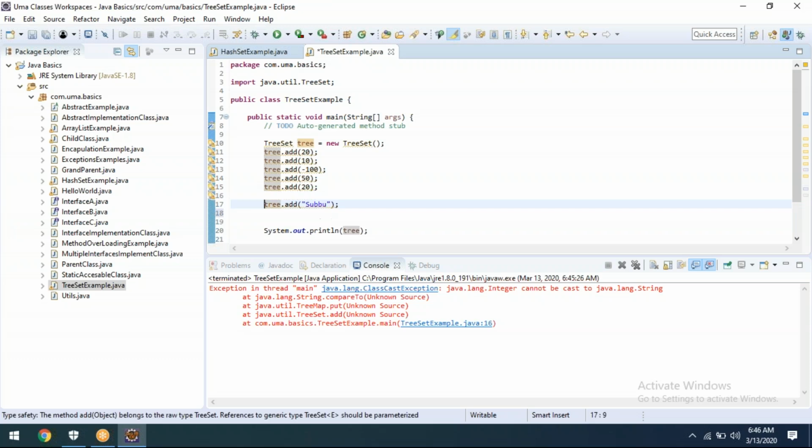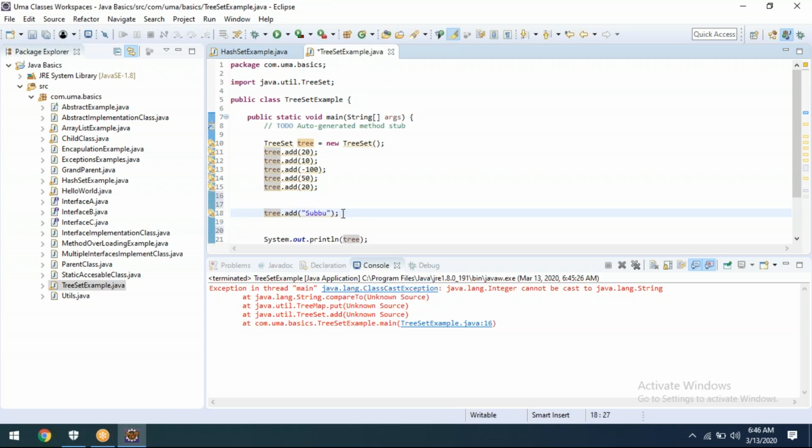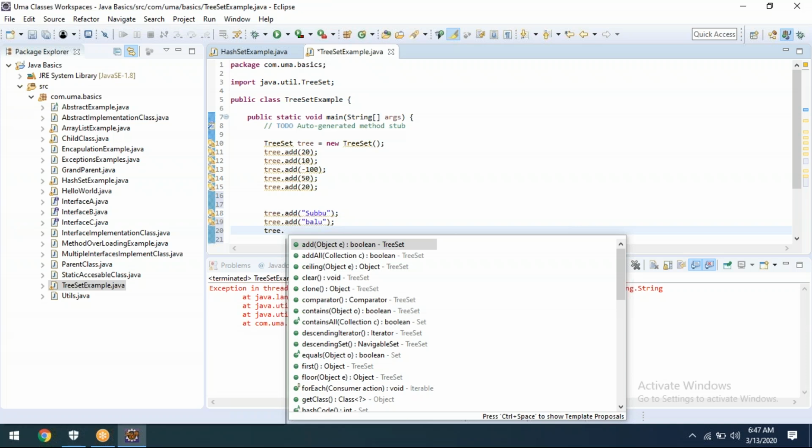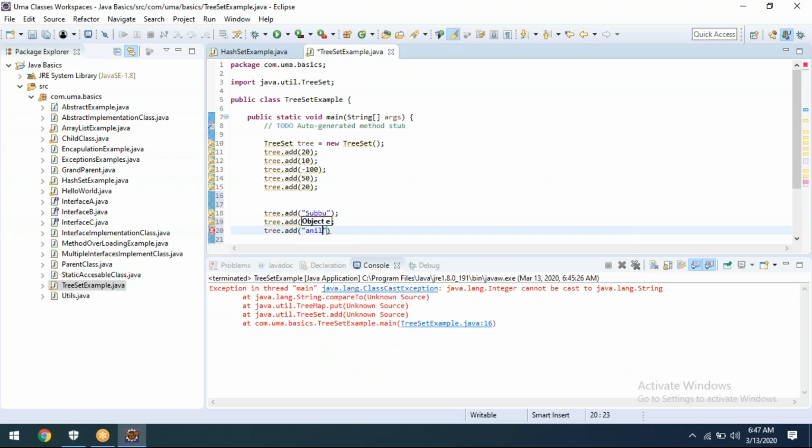Let me give one more example. I'll give the addition of objects now.